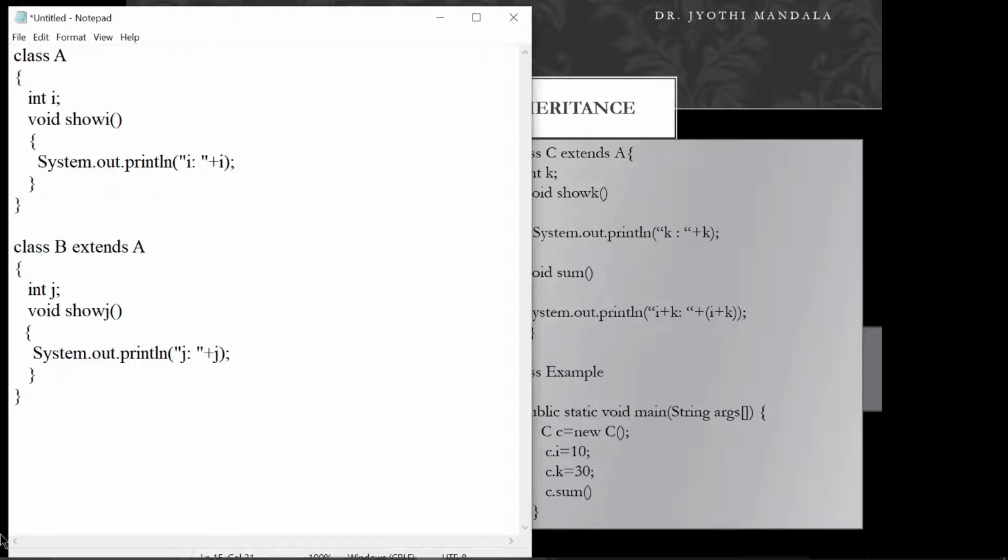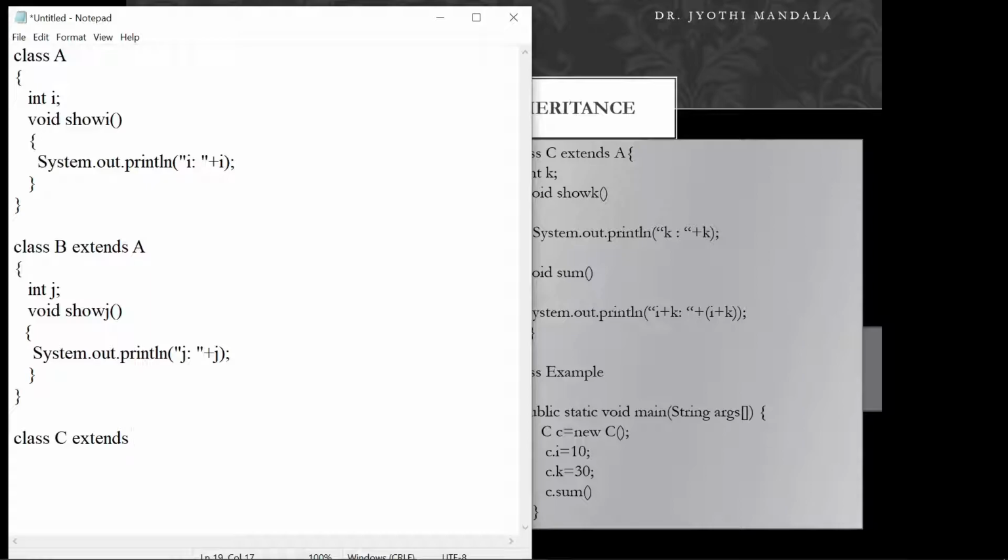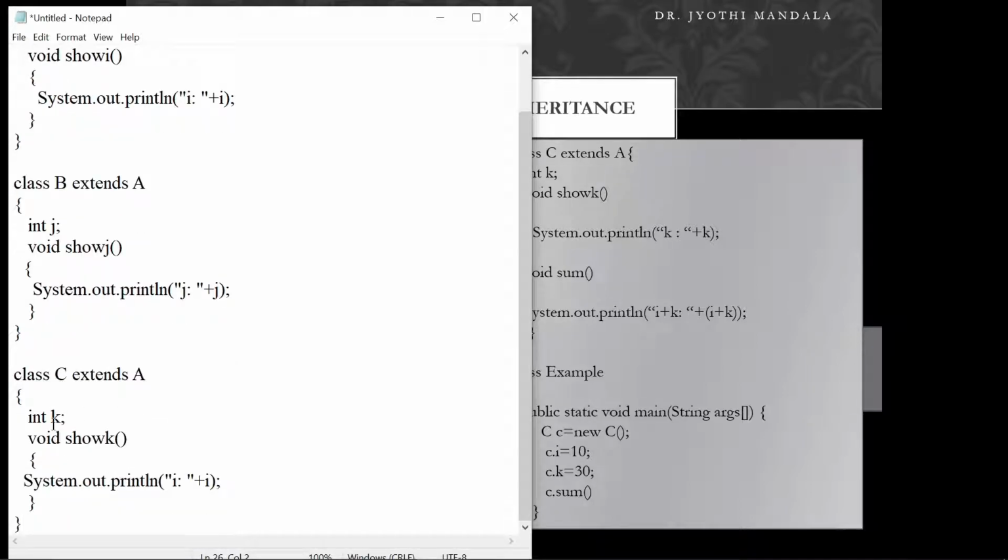Then we can have one more class called class C, and this class also extends the same class A. Let us consider it has its own variable called int k, and its own method called show k, which displays the value of the k variable using system.out.println.